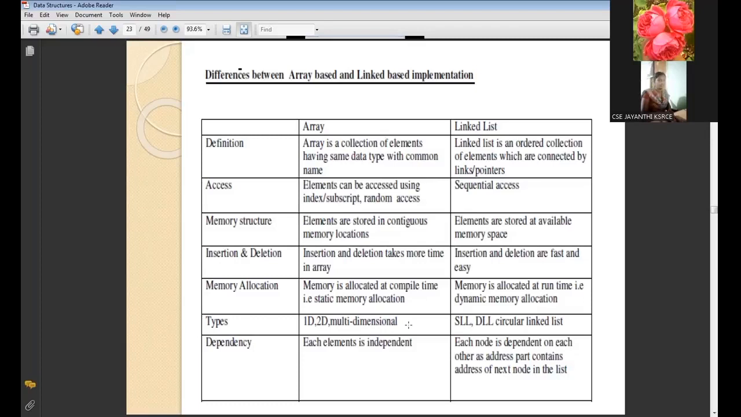In a single linked list, we have only one address pointer. That is, the next node address is stored in the previous node, but in a doubly linked list, both the previous node address and the next node address are stored. In a circularly linked list, the address of the last node is connected to the first node. So these are the types. As compared in arrays, each element is independent, but in a linked list they are dependent on each other because they are stored